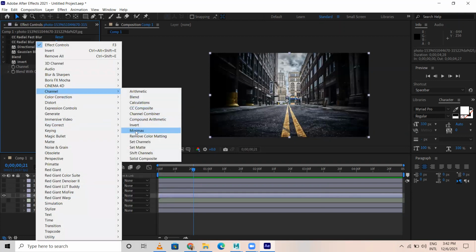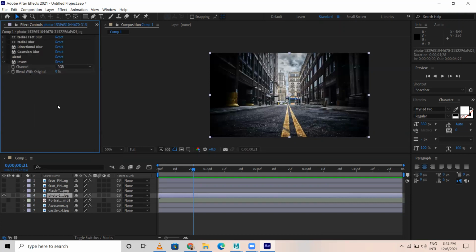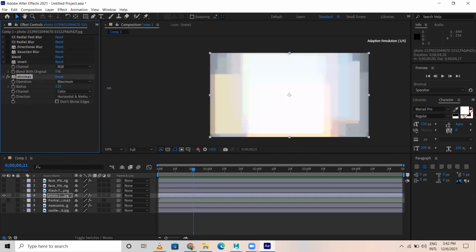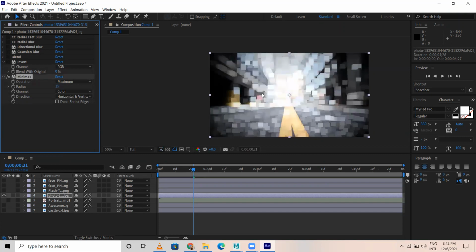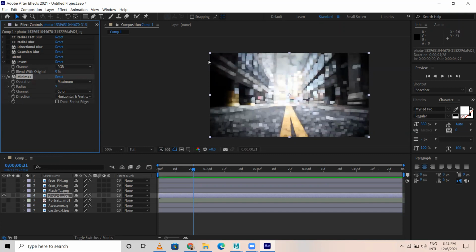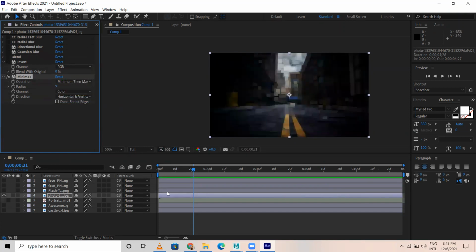In channel, you have minimum, maximum. See these effects. These are sort of lighting effects which you can work on. Minimum, maximum, so this is another part.